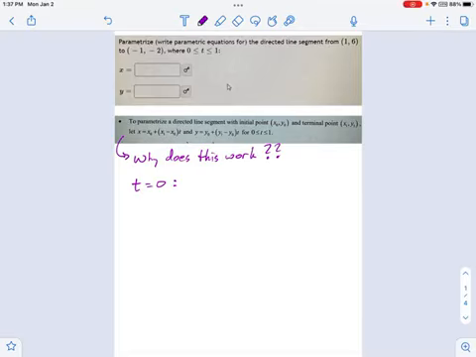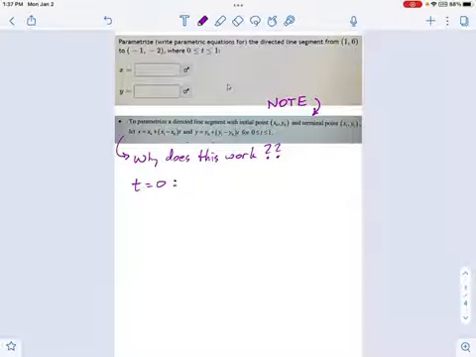Parametrized equations are particularly useful for directed line segments when you want to have an x equation and a y equation using a parameter t. And the way we're going to do this is using this note from class for how you deal with directed line segments. What we're going to do is make two equations, an x equation and a y equation, using things about the segment that are given to us.